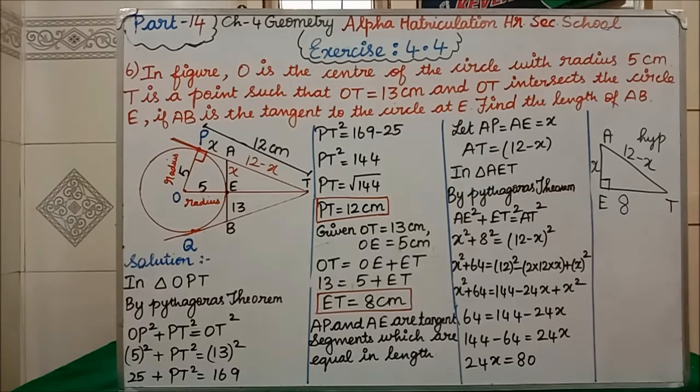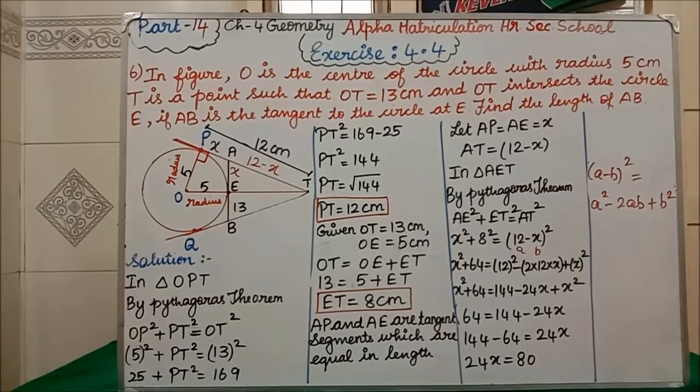This is in what formula? This is in a minus b the whole square formula. Now see, this is in a minus b the whole square formula. A minus b the whole square formula is what? A square minus 2ab plus b square. Isn't it? I am going to expand directly in here. Here a square first we are having. A square instead of a I am having 12. So I have written 12 the whole square. Next in formula minus, so I also have written minus.